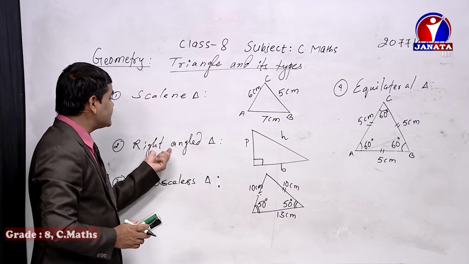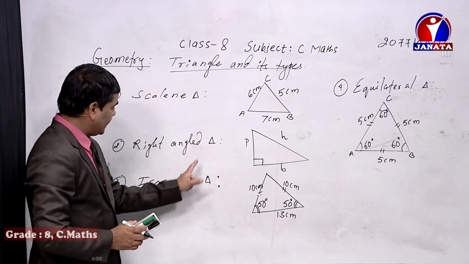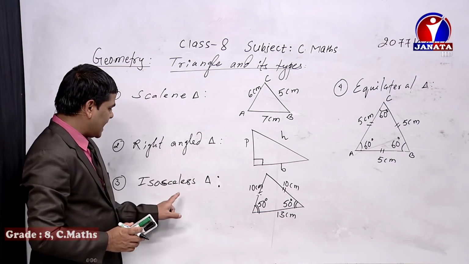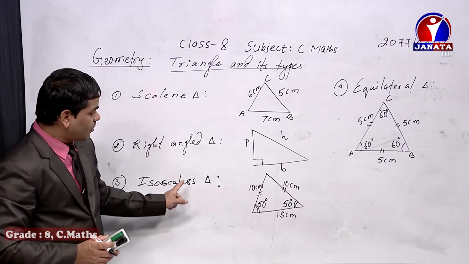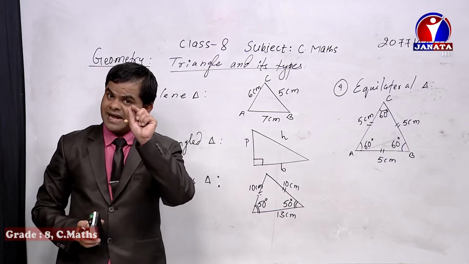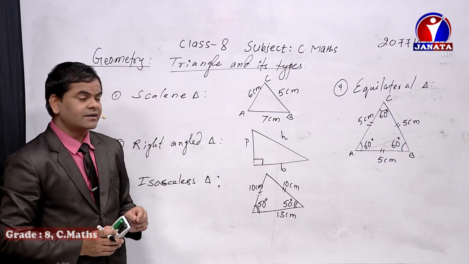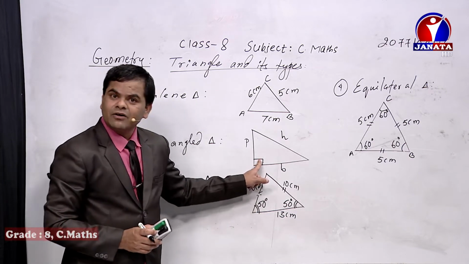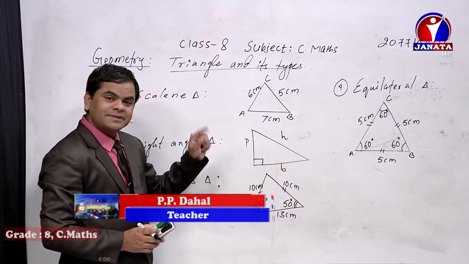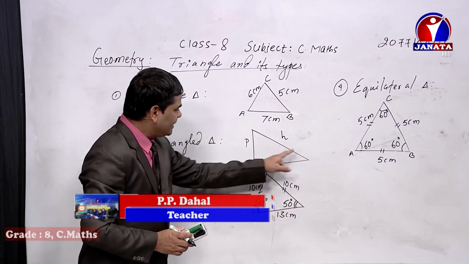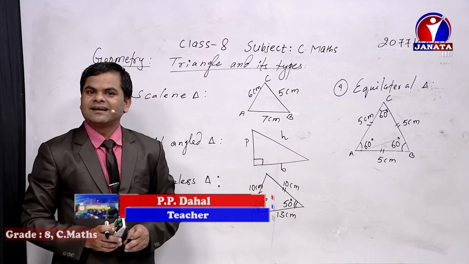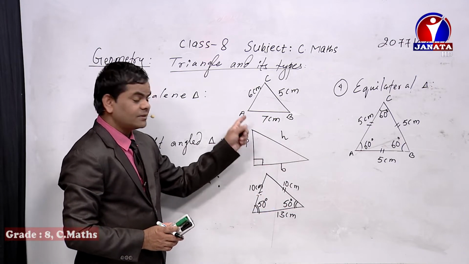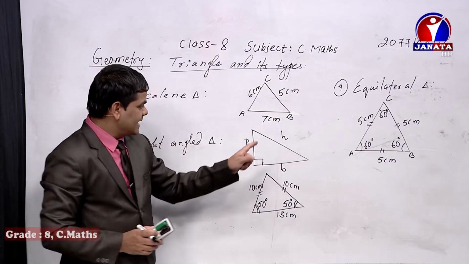And another is right angle isosceles. When these 2 triangles are combined together, the properties of right angle as well as the properties of isosceles triangle, at that time there will be another type of triangle that is known as a right angle isosceles triangle, where one angle will be 90-degree and the other remaining 2 angles will be exactly equal. As it has 90 degree, the remaining to make 180 degree is 90 degree.